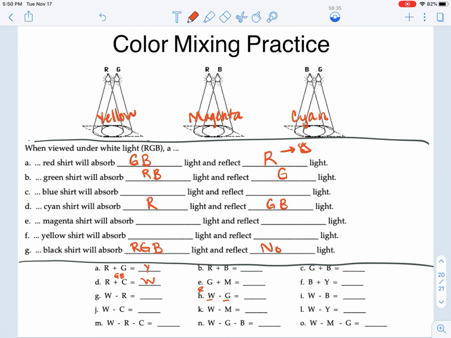If we have, let's skip over here, if we have white light and we take away green light, so remember white is going to be red, green, and blue combined, and we take away or subtract out the green, we're just left with red and blue, and so that is going to give us magenta. Let's look at this one now. If we have white light and we take away red and we take away cyan, what are we left with? Well, white is red, green, and blue. Cyan is green and blue. So we start with white, we take away the red, we take away green and blue, because